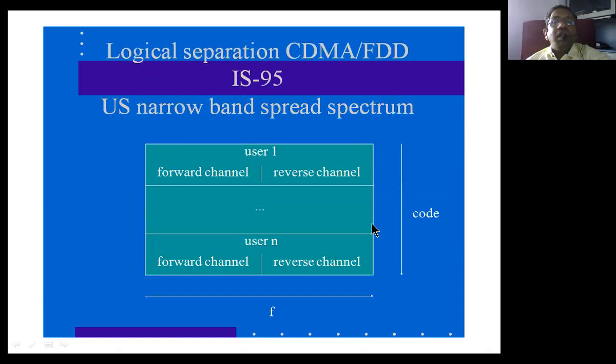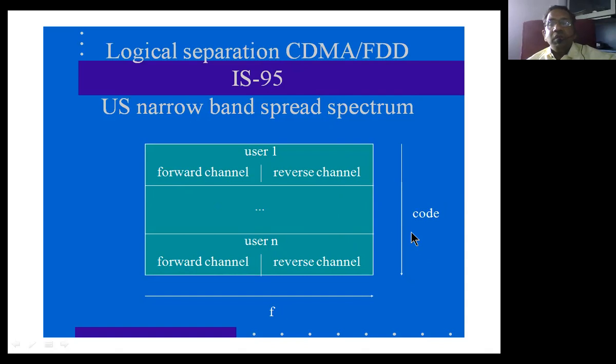The next technique we are going to have is code division multiple access. Now, code division means what? It's going to be CDMA FDD or CDMA TDD. So these are the two varieties we're going to have. CDMA means code division multiple access. Different users are normally going to operate with different codes, with different pseudocodes. So that means every user is going to transmit in a different pseudocode format, in a different code.